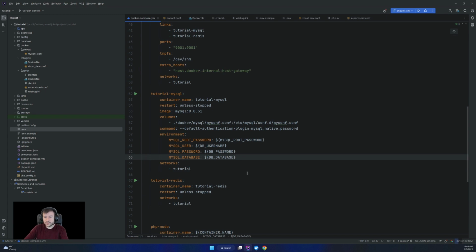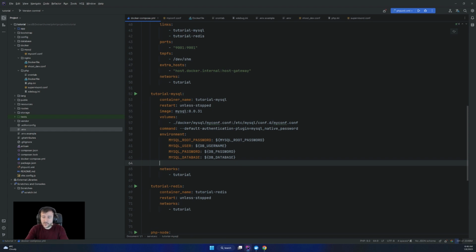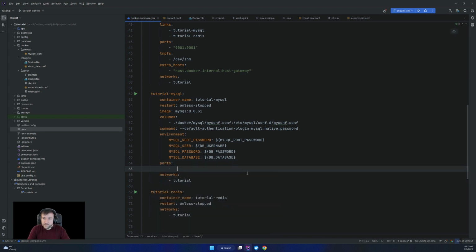If we want to access this container from outside its stack, we want to define an external port. So in the env, we can do this: external port, to be mapped to the internal port of MySQL, which is 3306, and put them in the network as we did last time.